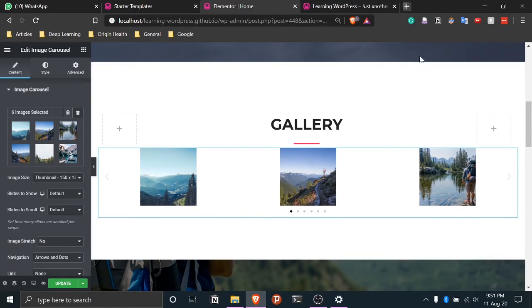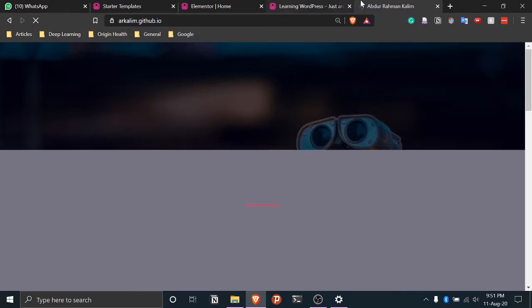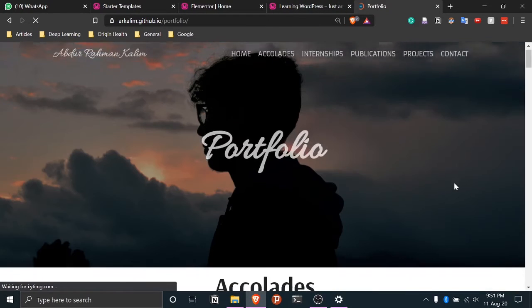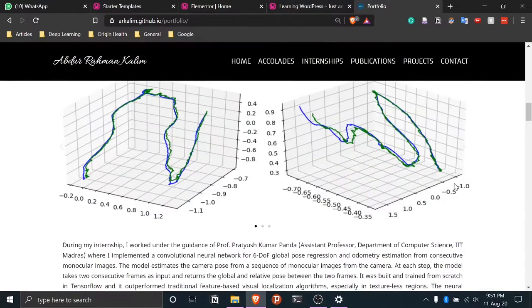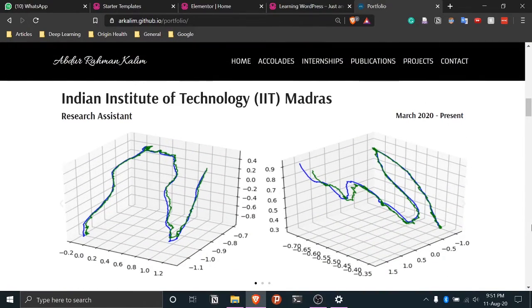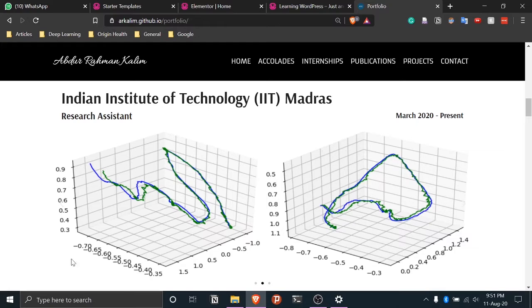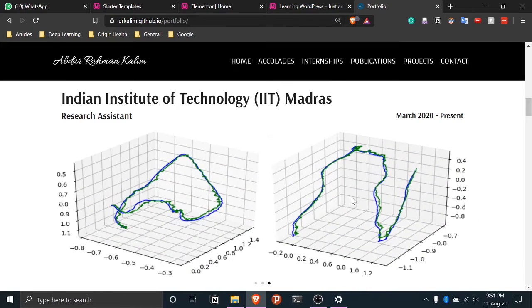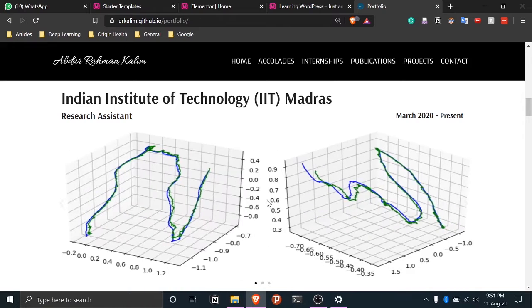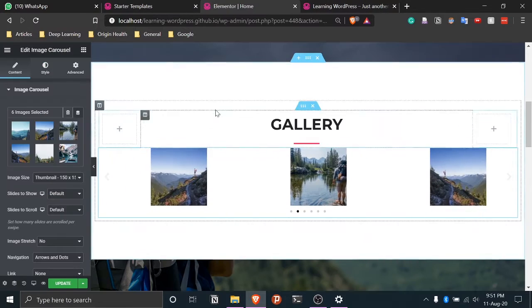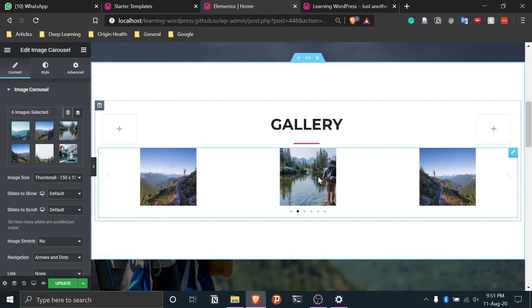As you saw on my website, if I go to my portfolio and come down, you can see these images. These are obviously larger, and they keep scrolling on their own, so I don't have to manually go through them. I still have the option to swipe and see what all images are there. So this is basically an example of a carousel. This is the image carousel, but as you can see, the images are pretty tiny. So we want them to be of bigger size.